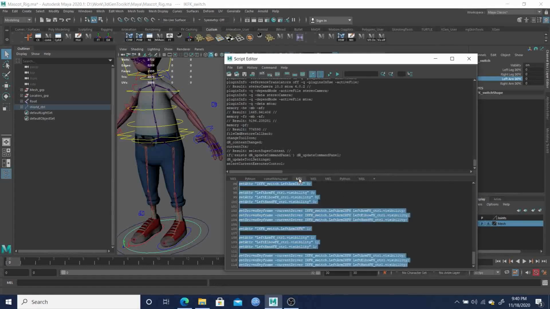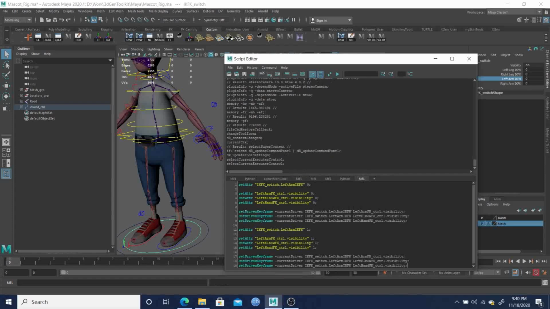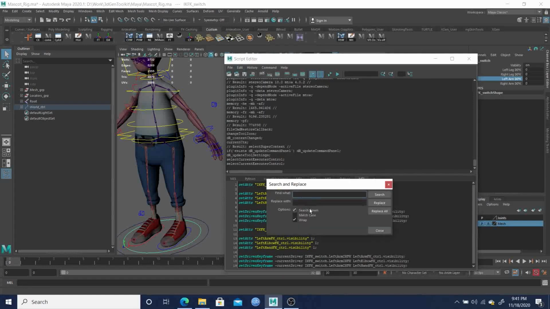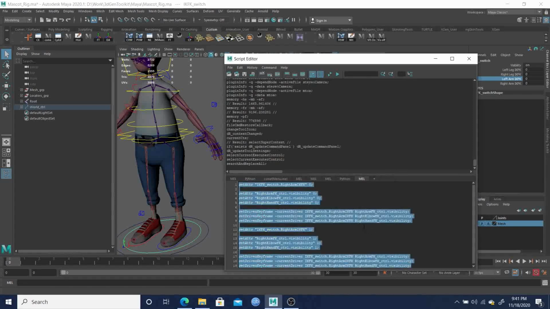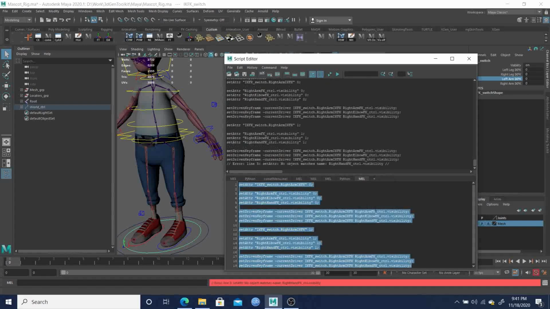Oops, let's see, let's go here. So copy this, go here and paste. And so from here we can go to edit, search and replace, and change left to right and do a replace all, and then select all, copy. You can Control Enter here,